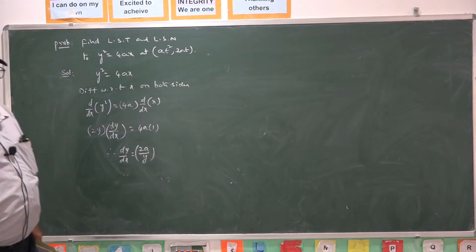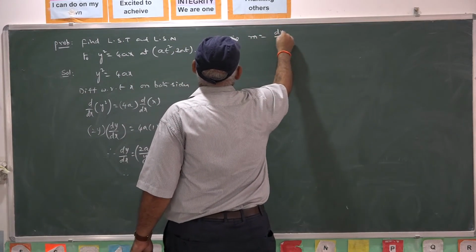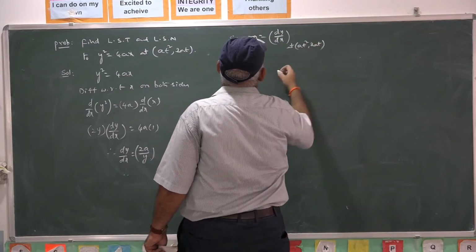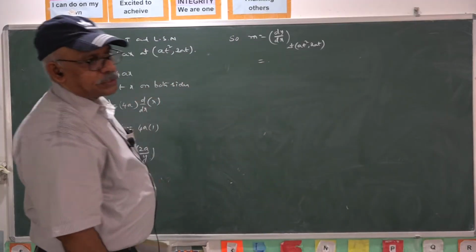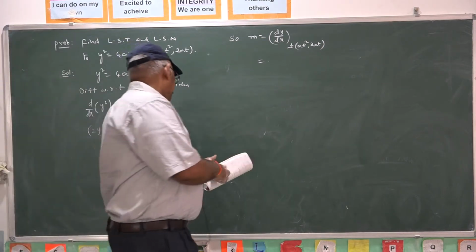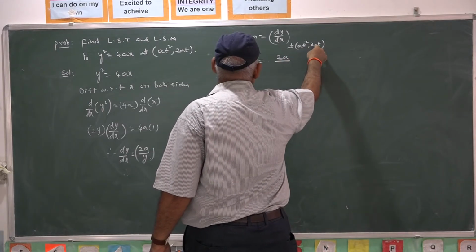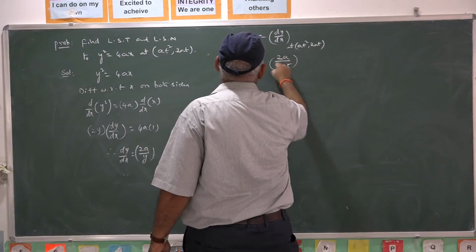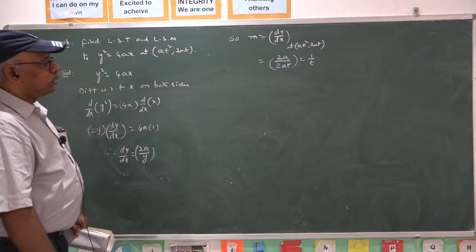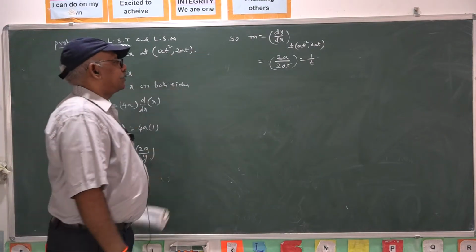Now, at this point, the slope of tangent. So, m equal to dy by dx at t, at the point at square comma 2at. M stands for the slope of tangent at the given point to the parabola, to the curve. That is 2a by y1, y means 2at, which is 1 by t. So, m equal to 1 by t, the slope of the tangent is 1 by t. The y coordinate is clearly y1 equal to 2at.